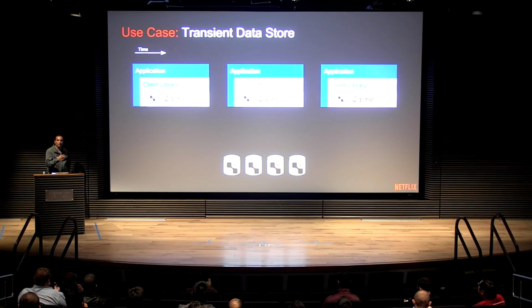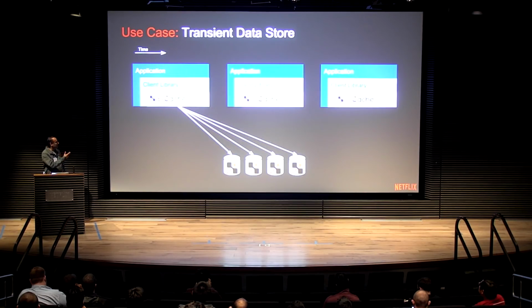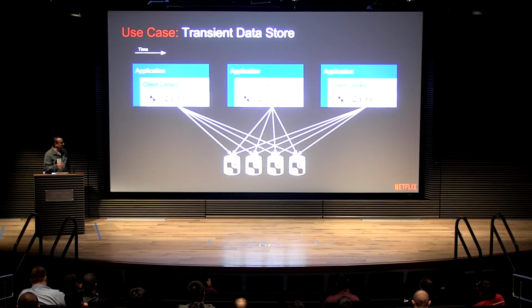The second use case is caching as a transient data store. For example, let's take a viewing session. Whenever you want to watch a video and you click on play, we create a session. An application gets this information and creates a session in the cache. As you keep watching the movie, we are continuously collecting data and the session information is continuously updated. This can be done by one or more applications. Finally, once you're done watching the movie, we roll up the data and it's stored. So the same piece of data is being manipulated by multiple applications here.